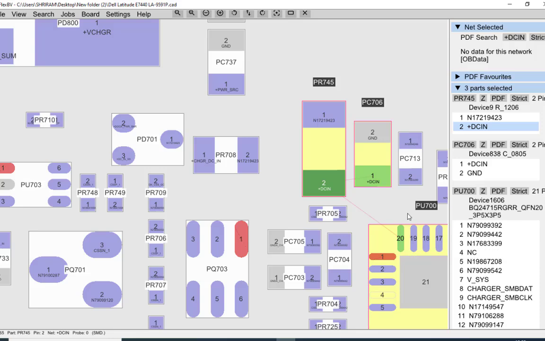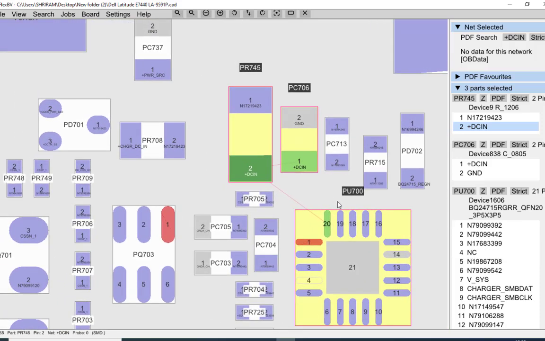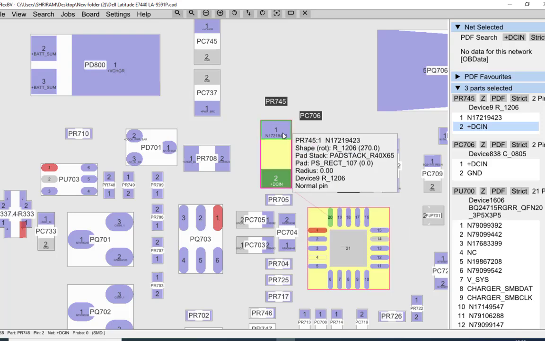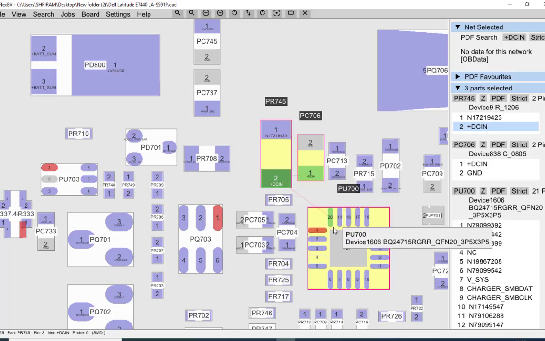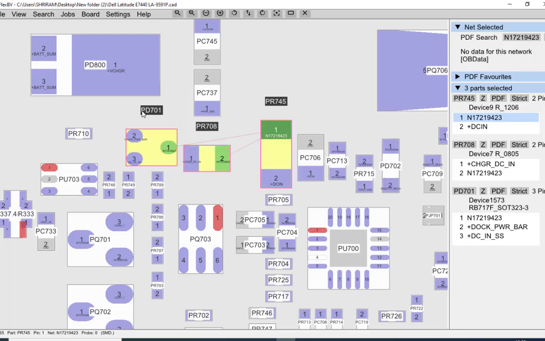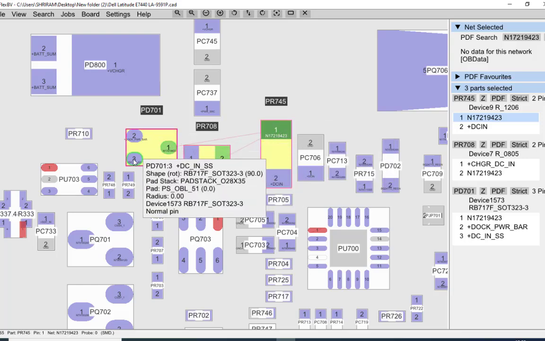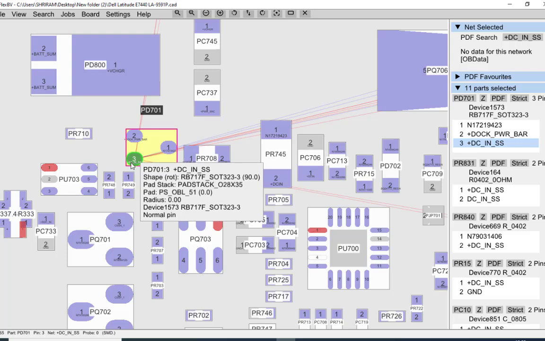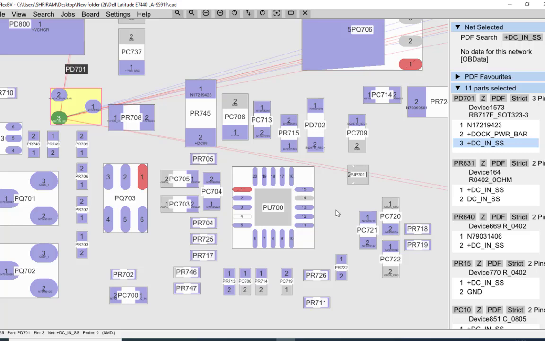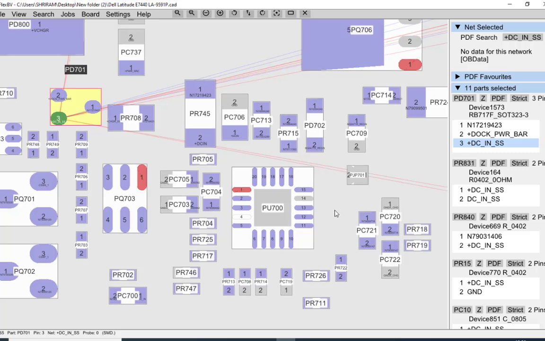number 20. So you can see here it's very easy to trace the signal and connectivity, like this resistor is connected to pin number 20, then the other point of this resistor is connected to this PD701, and pin number 3 is coming from the adapter. So you can see it's very easy to trace the component and the connectivity. So we'll see the next signal, that is